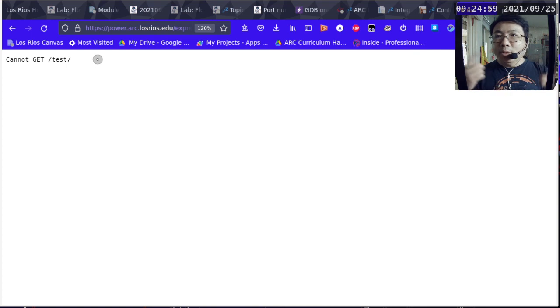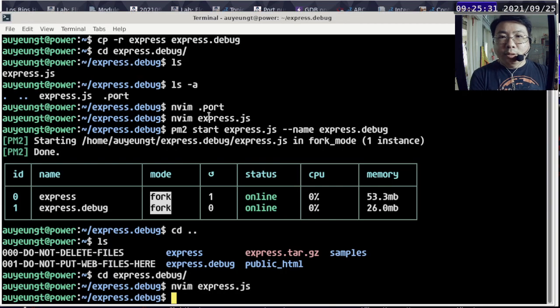PM2 keeps the app running using the express.js file as it was at the time that you used PM2 to start the app. But if you make additional changes to express.js, it doesn't refresh automatically, because that's not what we specified PM2 should do. And this is probably a better way to do it too, to require you to manually restart the app once you have made changes. So now, if I go back to here, I can restart express.debug. So I say PM2 restart